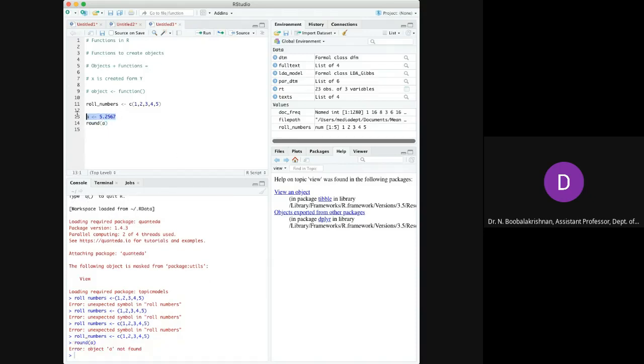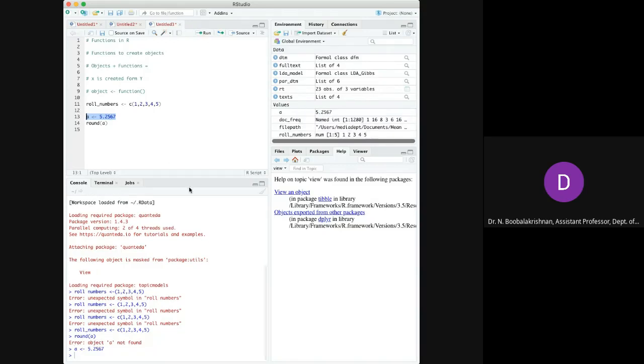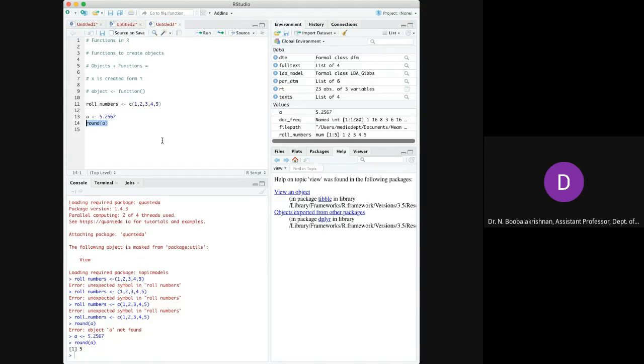I didn't run this line. Now A is stored here. It's a round of A. What is this? Round is a function, and this A becomes the data object. It is just rounding off.